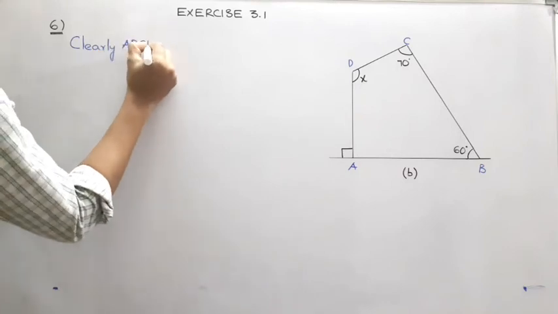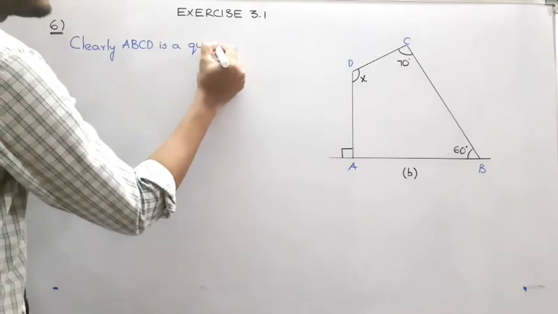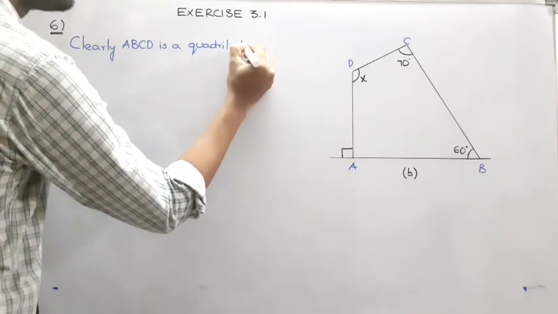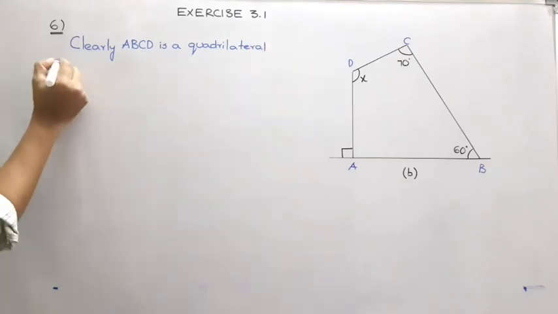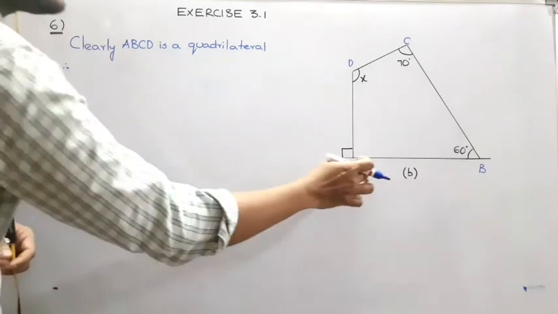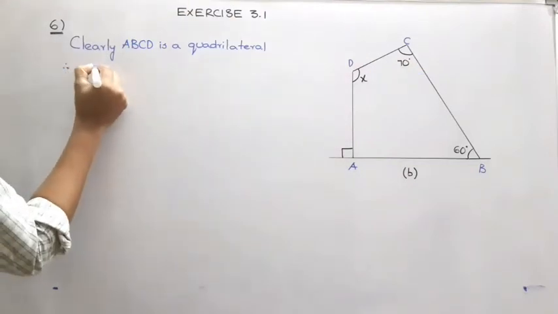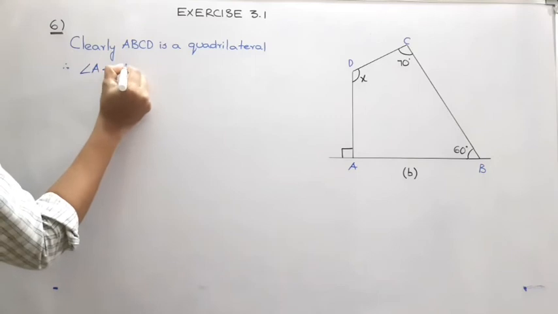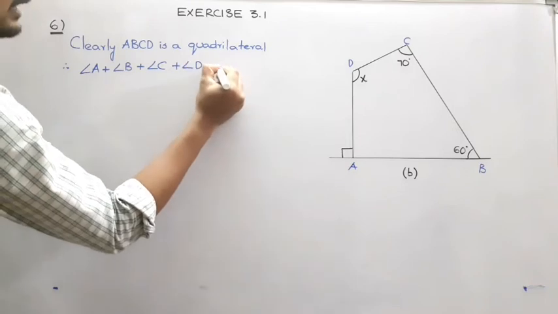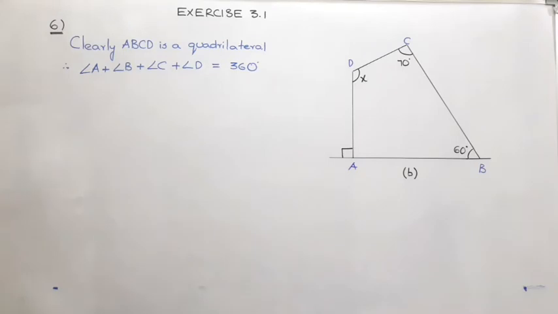is a quadrilateral. The reason why we are specifying the polygon as quadrilateral or square or whatever it is, is in order to know the angle measure of the whole figure. Okay, quadrilateral. Therefore, through this what can we infer? We can say that angle A plus angle B plus angle C plus angle D will be equal to 360 degrees, using the angle sum property of the polygon.